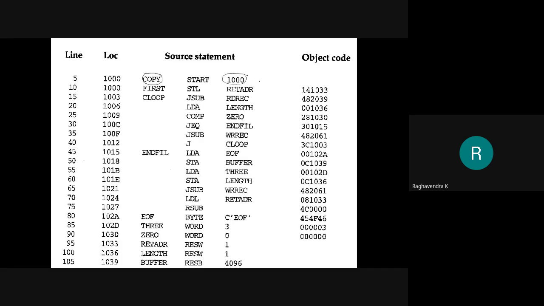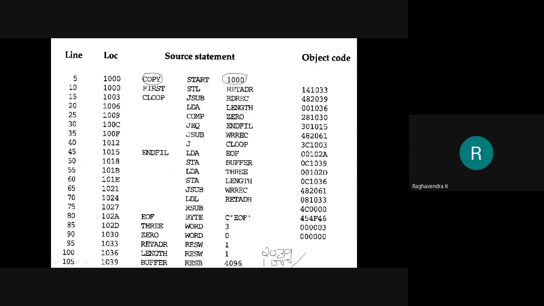Okay. So I said reserve byte 4096, correct? So how many bytes are going to be reserved for that? 1000 bytes. The last value that I have obtained is 2039, correct? So where did the program start? The program actually started at 1000. Now the value at the end is 2039.